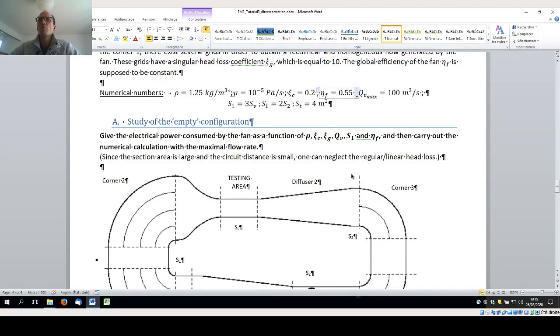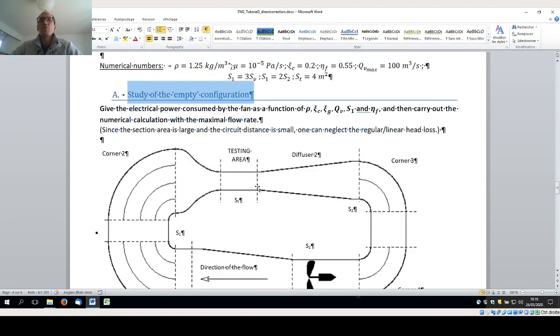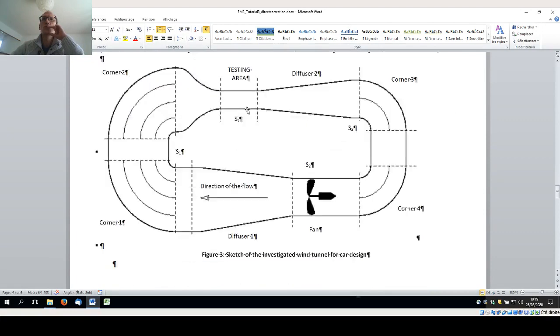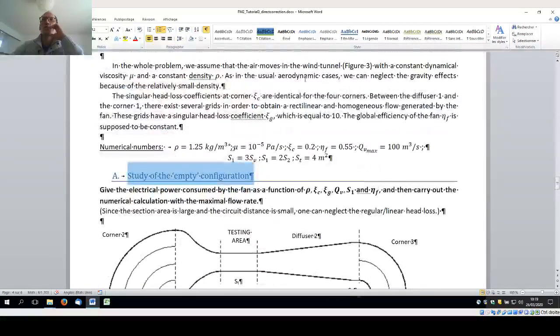So here we have two parts. For the first part, which is this part A, we'll study the empty configuration, which means we'll study this device here. And what is asked is, we want the wind tunnel to work with a given flow rate of something like 100 meter cube per